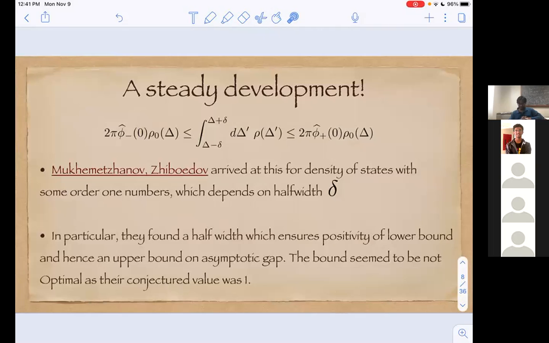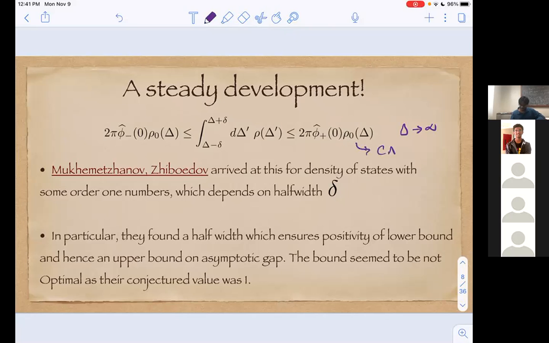They could write down a precise inequality by carefully treating the tail. So this is the quantity they want to estimate, and this quantity counts the number of states in this interval of width little delta and centered at capital delta. And then the idea is, as delta goes to infinity, this inequality is true, where rho zero delta is the Cardy formula, which you naively get by doing inverse Laplace. So that's a smooth function.